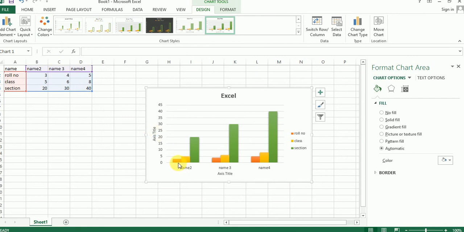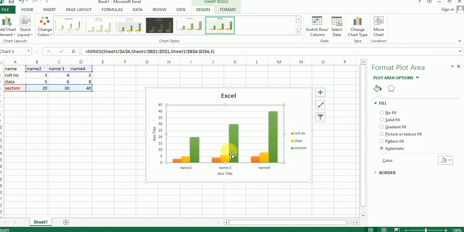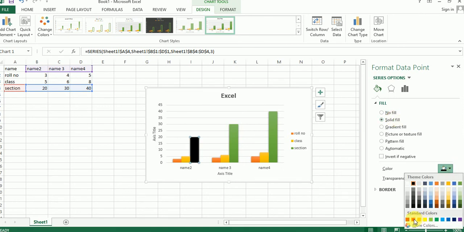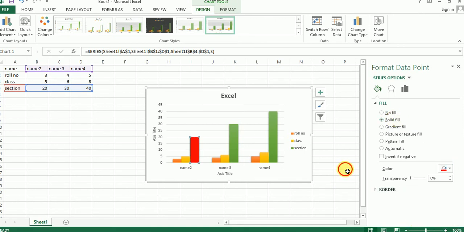Data series 1, data series 1, same color. But if you want to change one data series color, you click on the data series which you want to change, then double click on the data series, choose the solid fill option and select the color, suppose red color. You can see this.